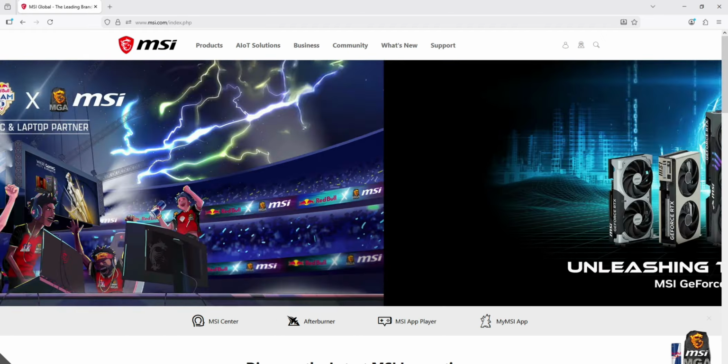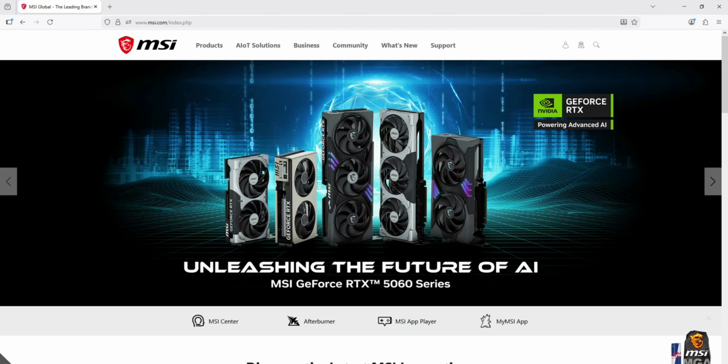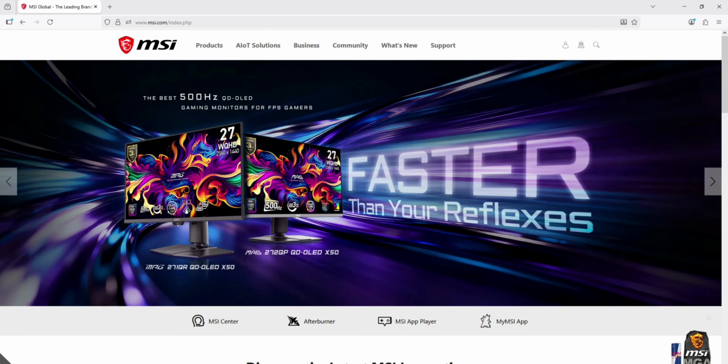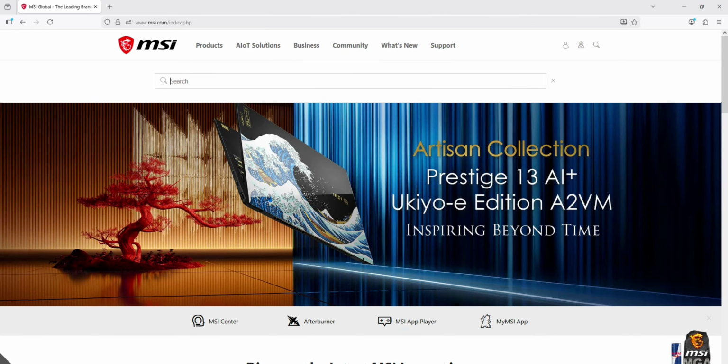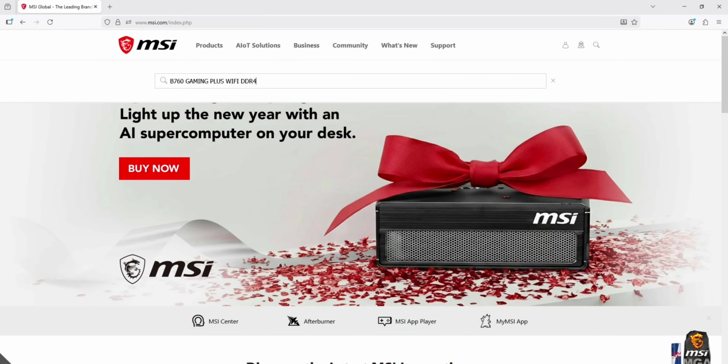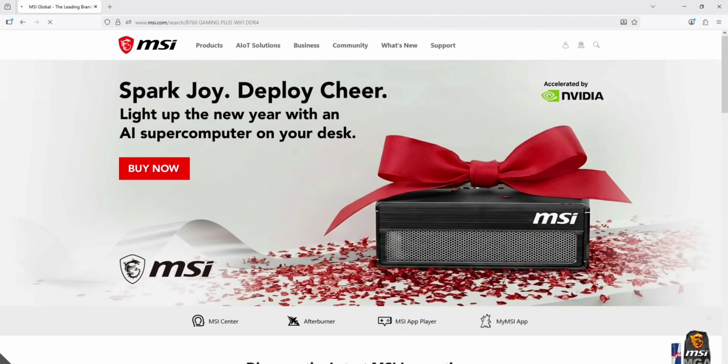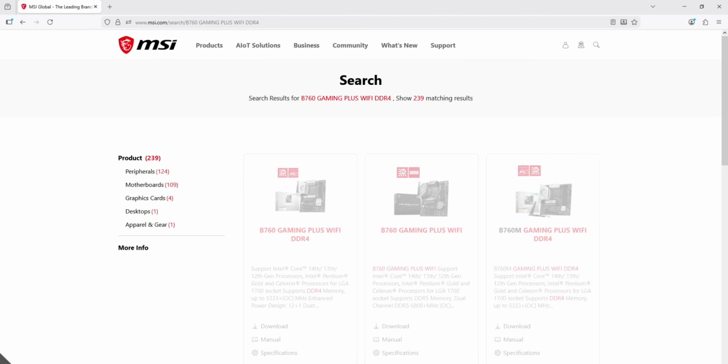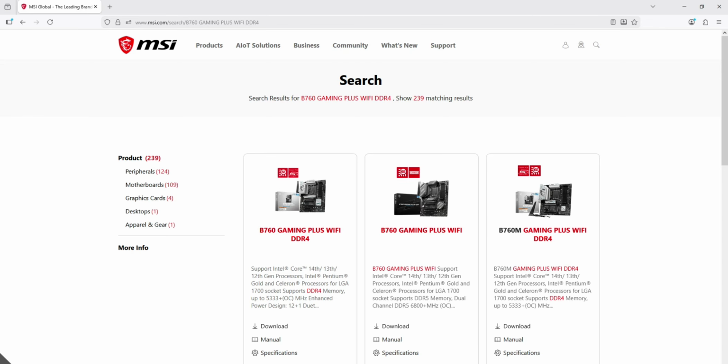So first you have to come to this site, www.msi.com, the official website, so you can download the driver. After that, click on the search icon on the right side and then enter the model number of your motherboard: B760 Gaming Plus WiFi DDR4. After that you can see this is your motherboard, and click on it,